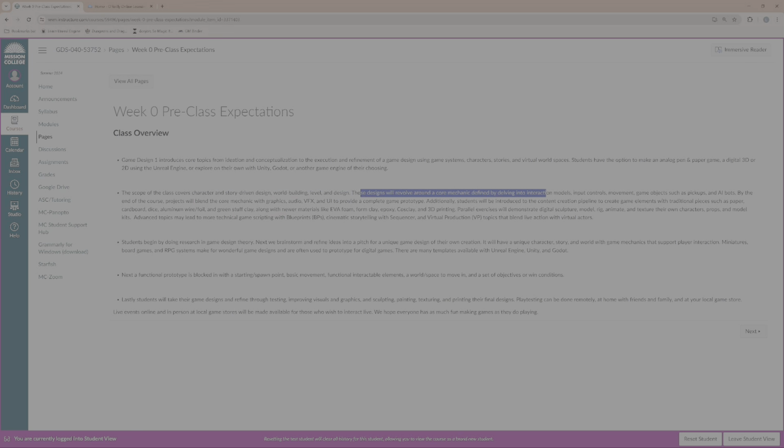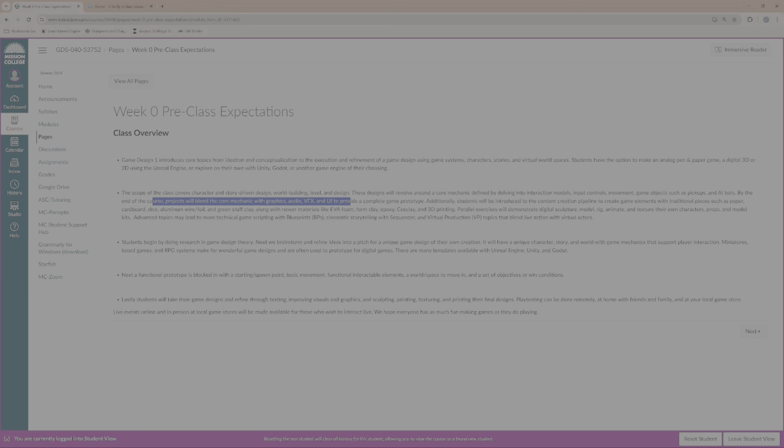And then we'll look at the core mechanic and the interactive elements and the controls and movement and game objects, analog or digital. How do you move your character through the world? What are the input and controls? Is it multiplayer? Is it co-op? Do the movement rates vary? Do you have different movement rates for overland travel, or are you moving like Settlers of Catan, where you have ambiguous larger spaces to use? We have pickups and AI bots. You actually build a state machine for how the AI is going to react. You can do that on pen and paper as well as digital. So it's just some fun stuff there.